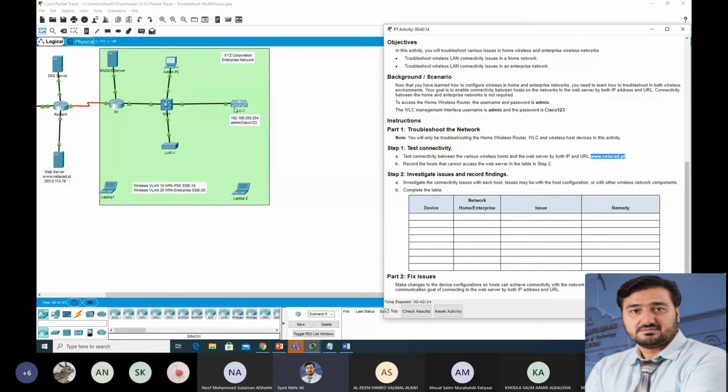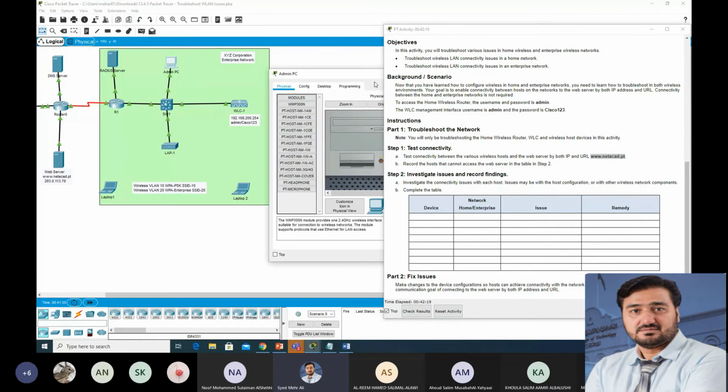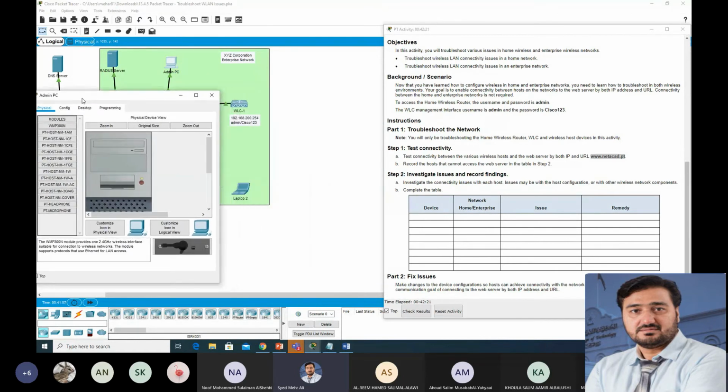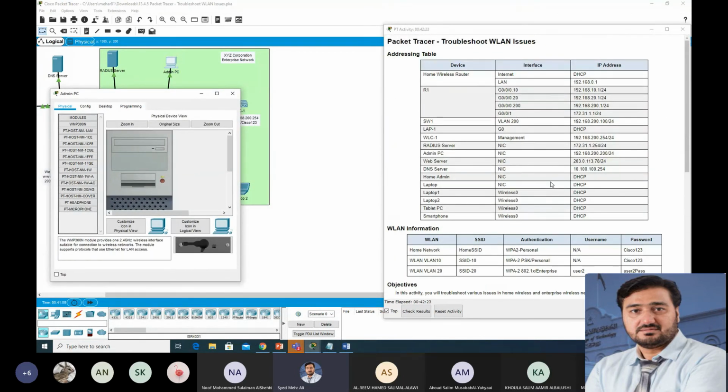So we will see what the issue is in the wireless LAN controller. We try to log in to the wireless LAN controller. The IP address of our wireless LAN controller is this, our management address ending in 254.